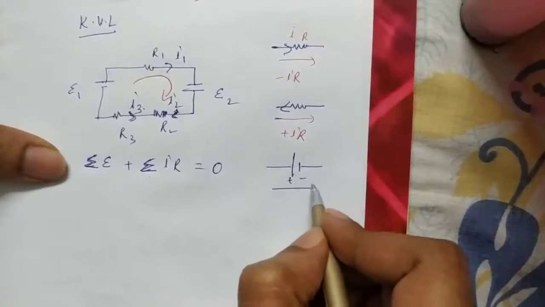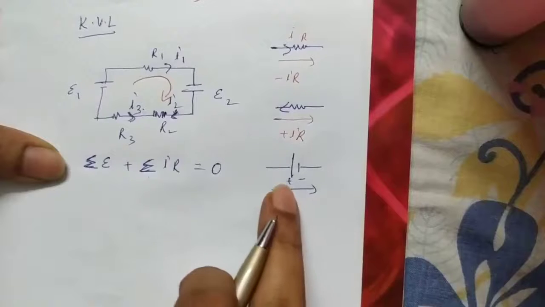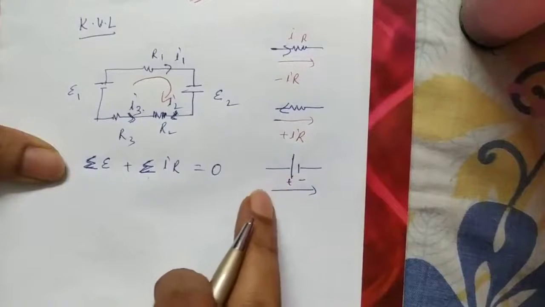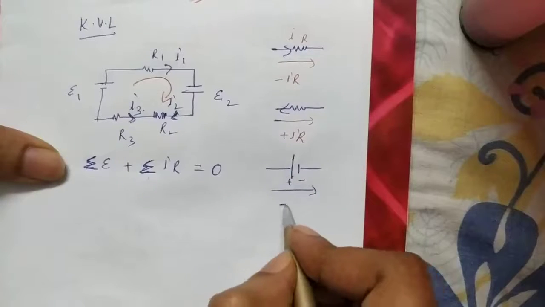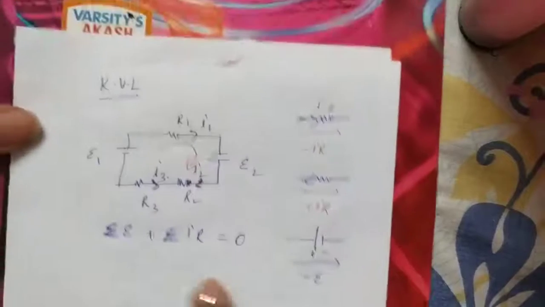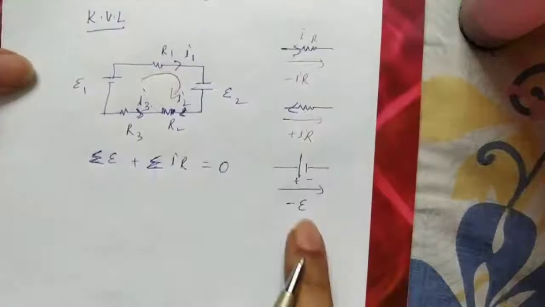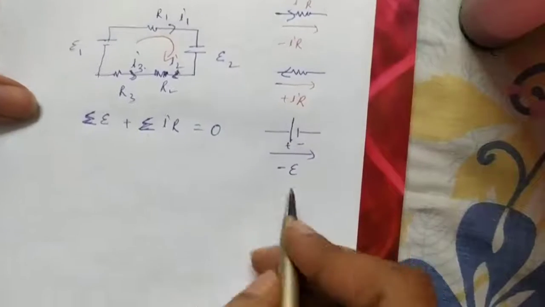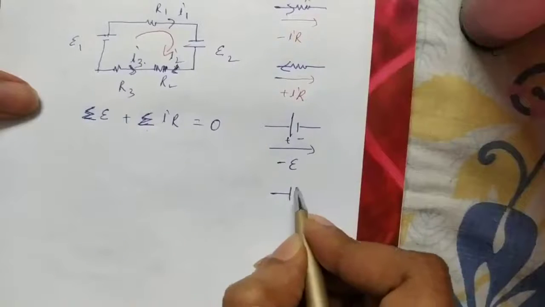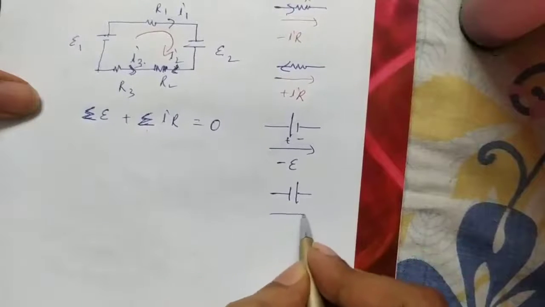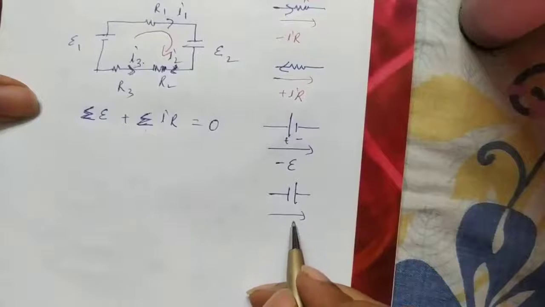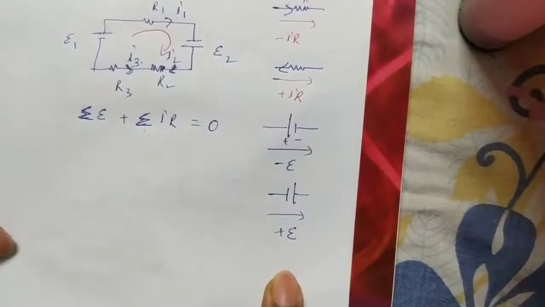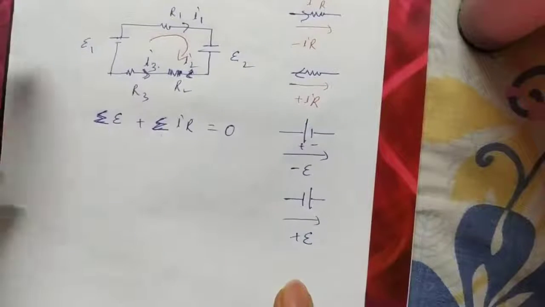When you are moving in this direction, first you are facing positive here. Whenever you first face the positive terminal, there you have to take minus EMF. The potential here is represented with E, so first facing the positive terminal means you have to take minus. Suppose in the same case, you first face the short terminal, that is the negative terminal, when you are moving like this; negative terminal facing means you have to take plus EMF here. These are the sign conventions for Kirchhoff's voltage law.